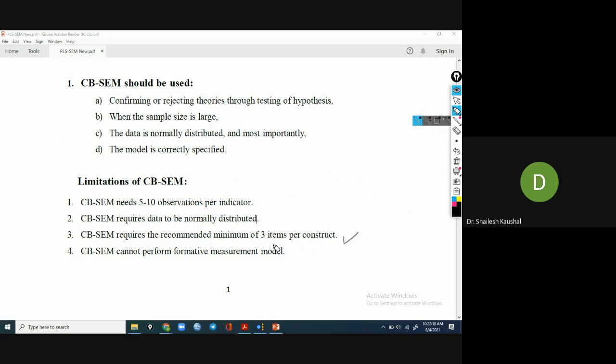CBSEM cannot perform formative measurement model. और देखिए ये जो कंडीशन है जो मैंने कल डिस्कस किया था,